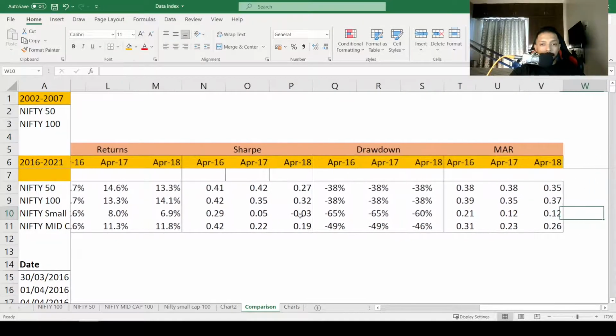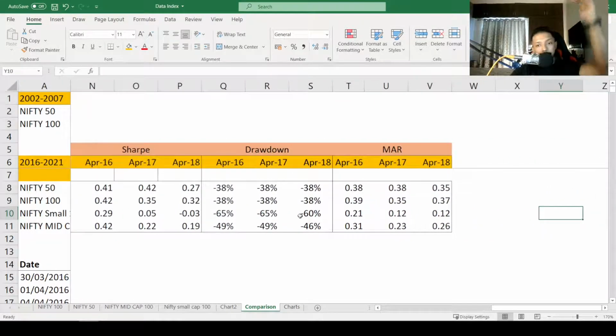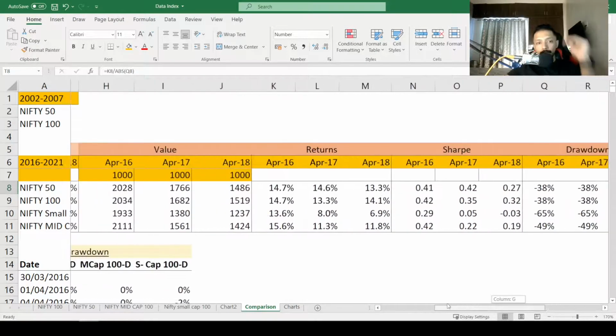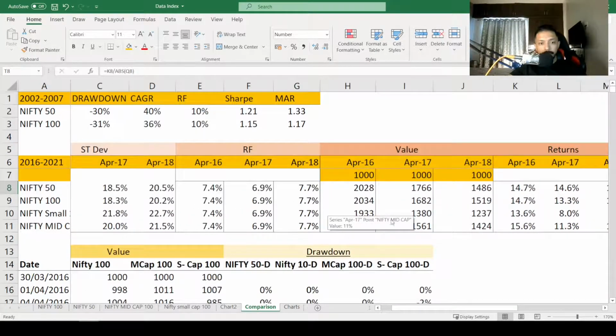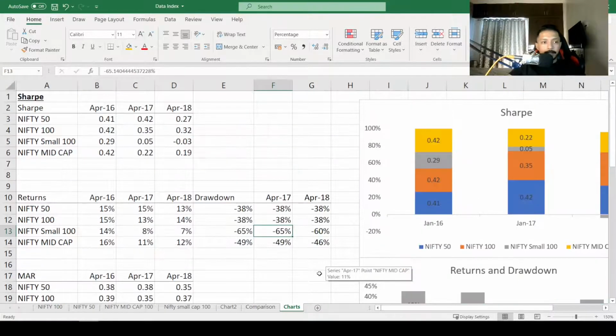Let's look at drawdowns, okay, from highest point to the lowest point. So even in Sharpe, if you look at the Sharpe, whether you look at drawdown, whether you look at MAR, in all of the cases on the risk adjusted basis, they're actually performing better. And okay, now if this is too confusing as a table, you can obviously look at the charts. Okay, charts are an easy way of summarizing things.